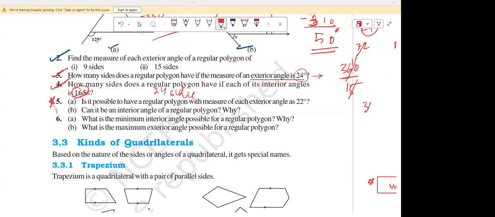Mom, I got the answer. Yeah, Duha, you got the answer? Yes, mom. Tell me the answer. Mom, it's 16.3. Yeah. So now tell just